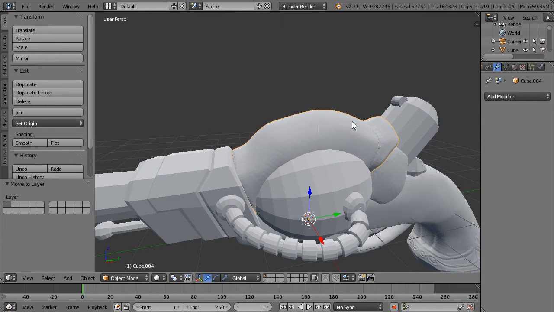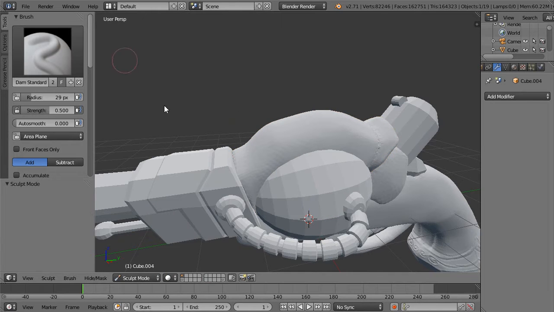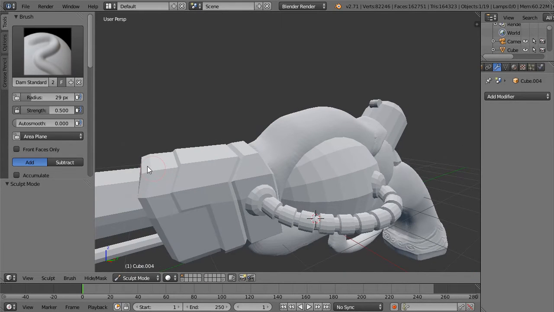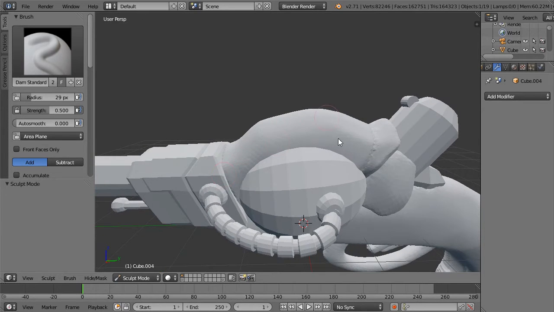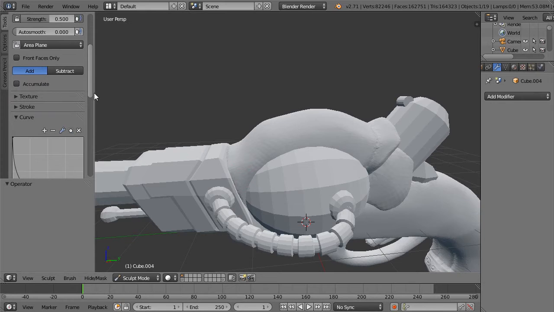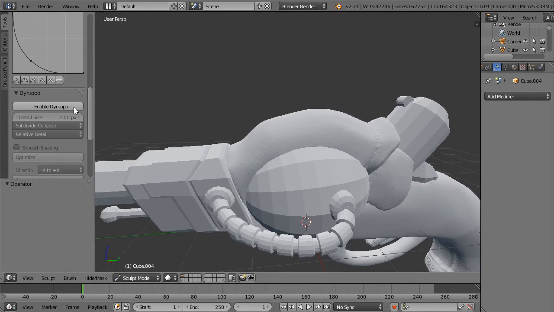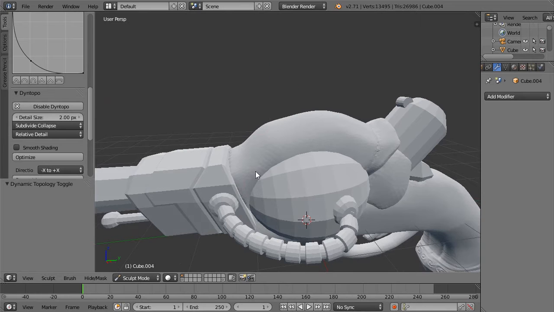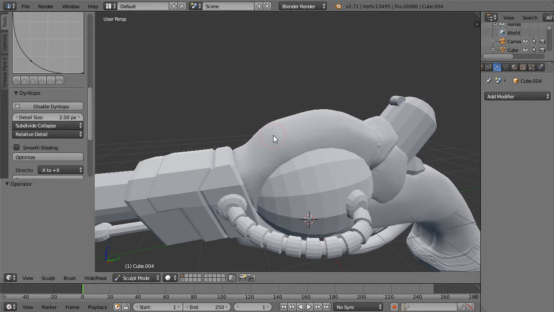So what I want to do now is create the ridges that I wanted to, basically following up with the idea of the heat sink, but extended off into this aspect. So it's really just kind of mirroring it. And the fancy word for that is juxtaposition. So I'm going to enable dynamic topo so it generates the geometry I need for me, and I'm just gonna basically do a simple thing, and I want to keep the number 3, 1, 2, 3,